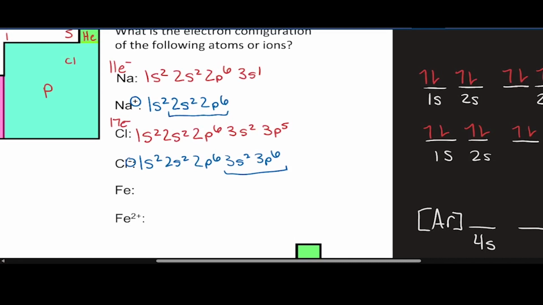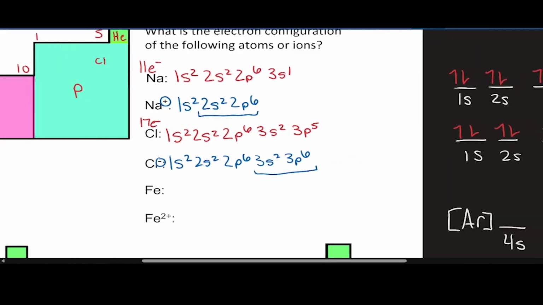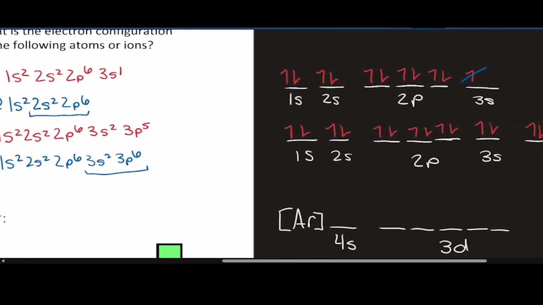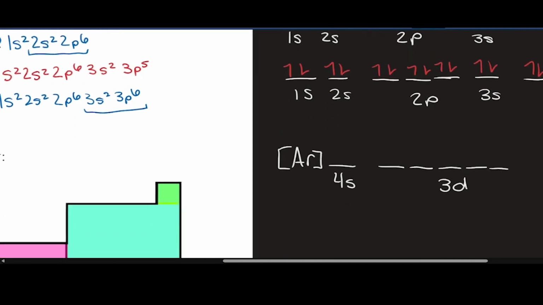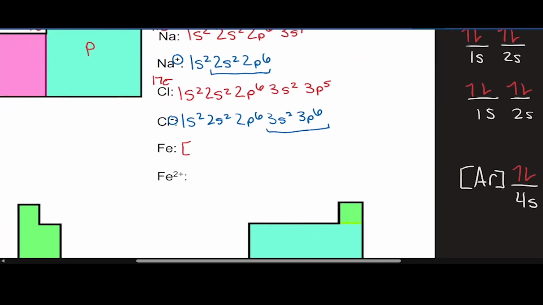The last one we're going to look at is a transition metal, iron. Iron is, I believe, number 6 here. We're going to use the noble gas notation to help us. Here it's going to have a complete 4s orbital, and then we have 6 electrons in its 3d orbital, so we'll start 1, 2, 3, 4, 5, and 6. This gives us an electron configuration of argon, 4s2,